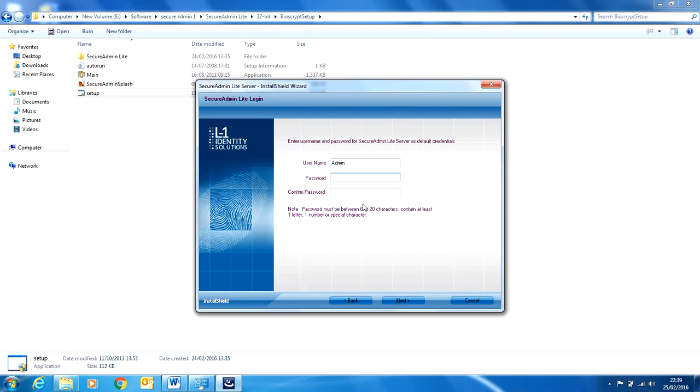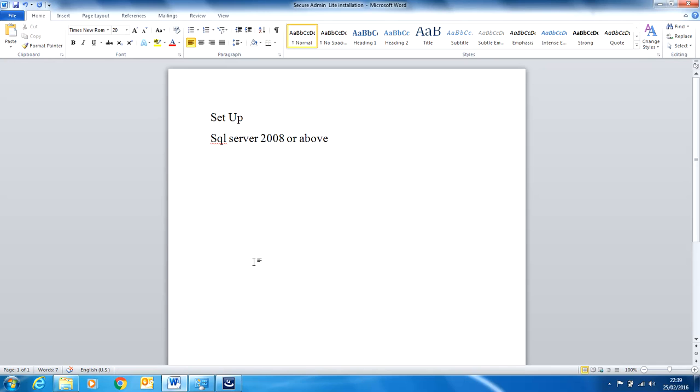This password should be 8 to 20 characters, and should combine three of these: numeric, uppercase, lowercase, and special character.